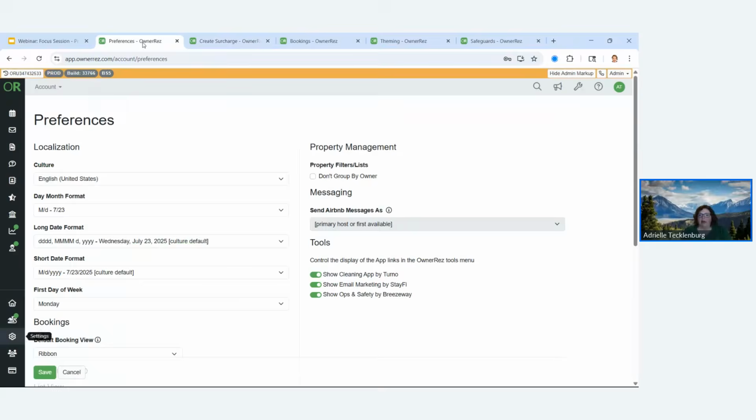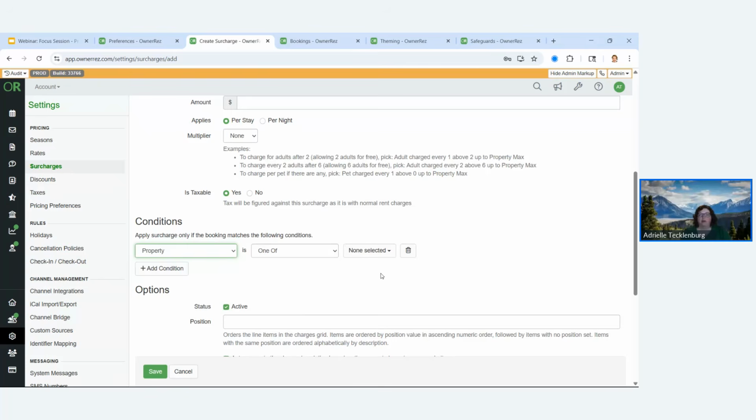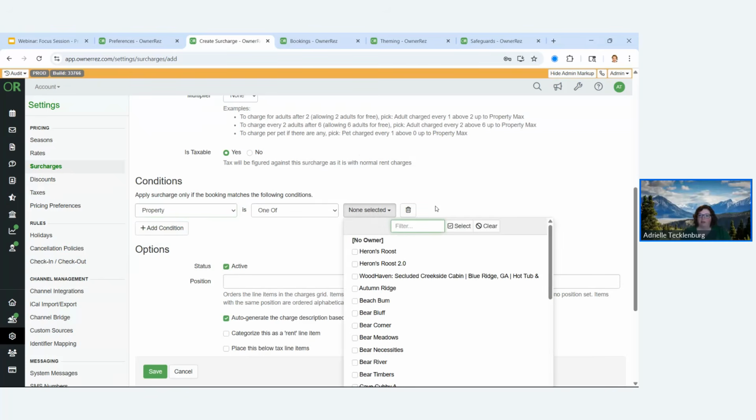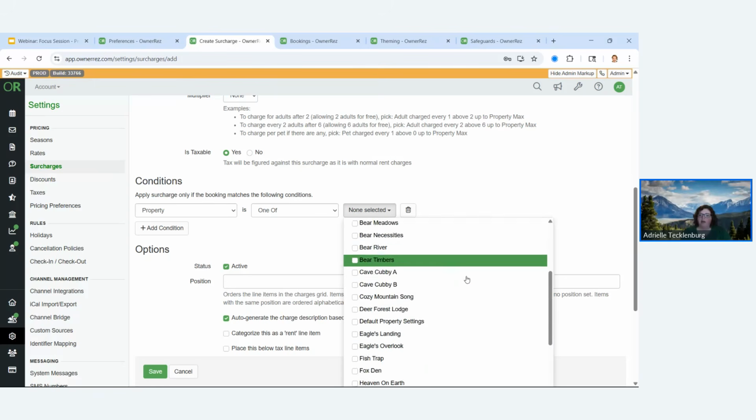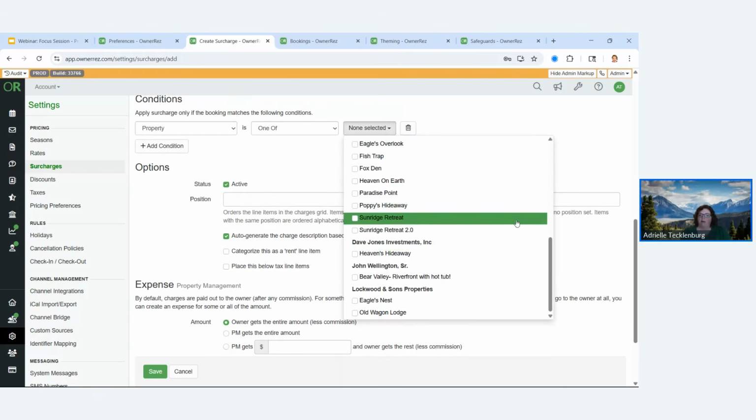Right now, with the way I have this set, where I do not have "don't group by owner" selected, which means the property list is going to group the properties by owner. So it's going to look like this when I click into the properties. First, I have all my properties that don't have any owners assigned. And then I have all my properties that do have owners assigned to them, grouped by the owner of that